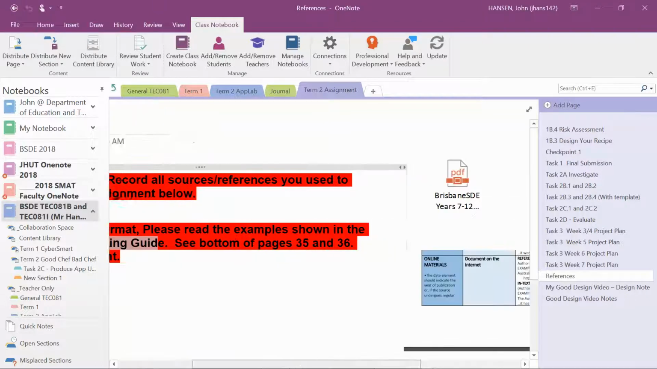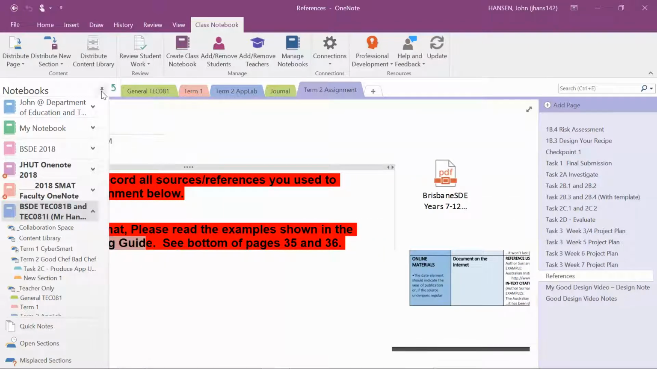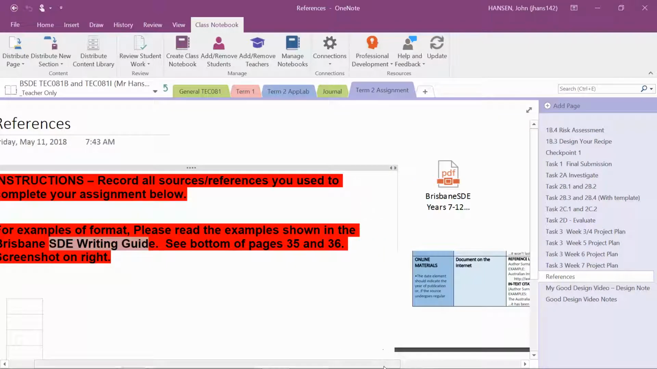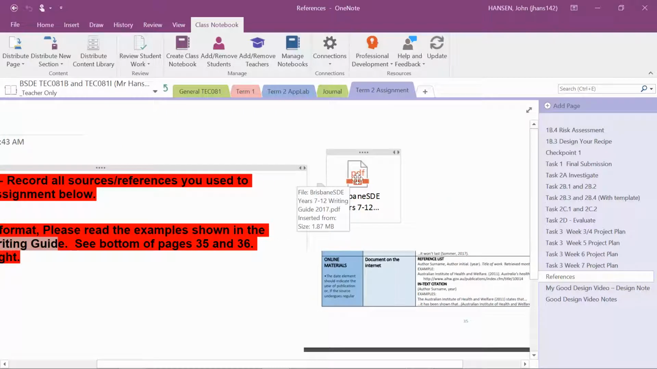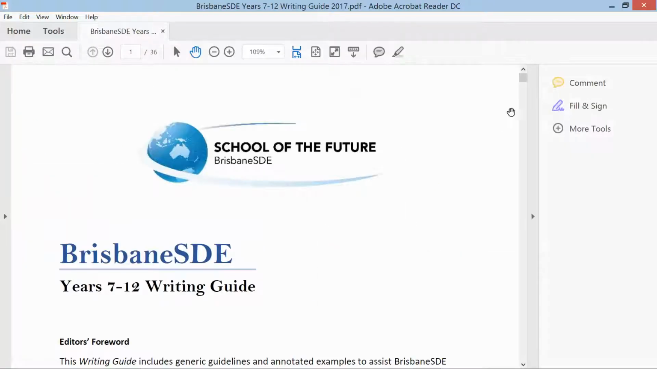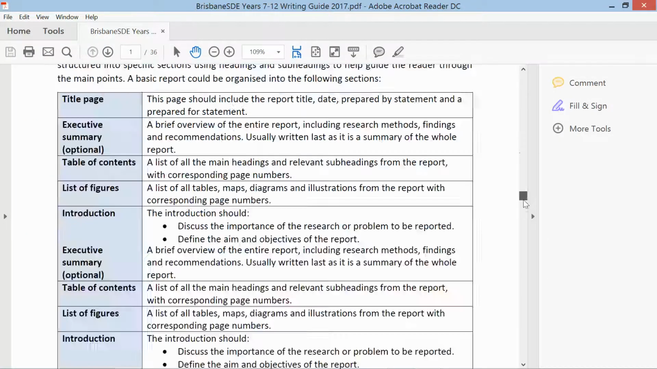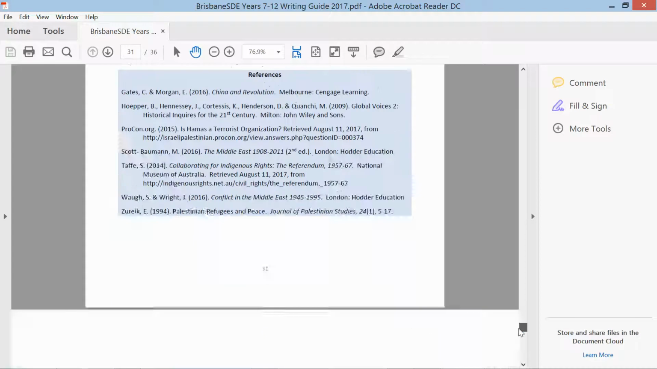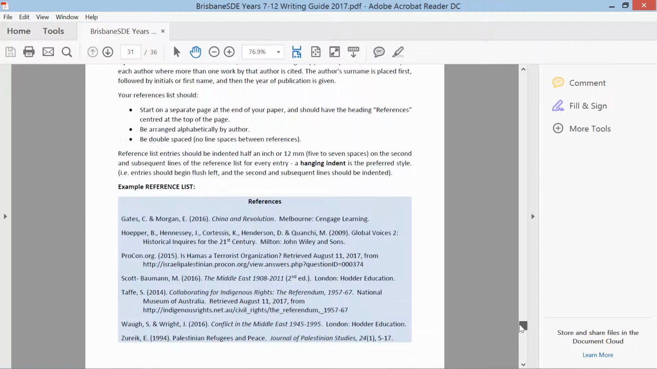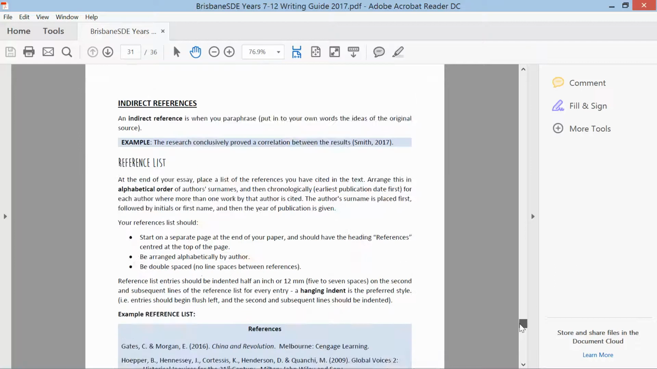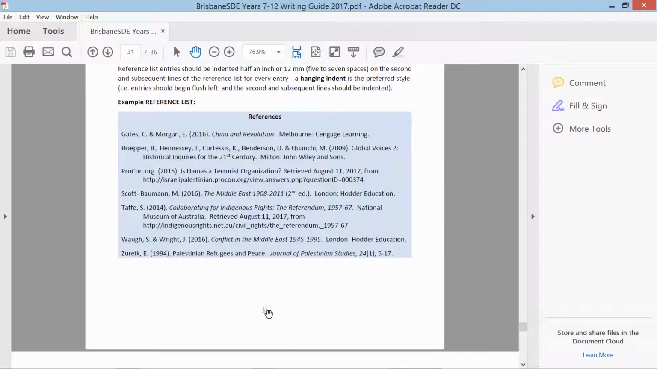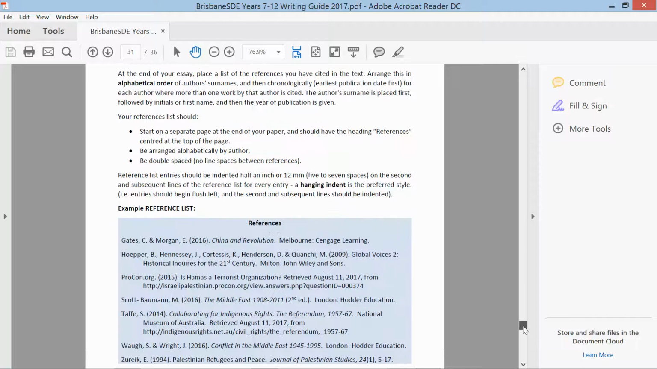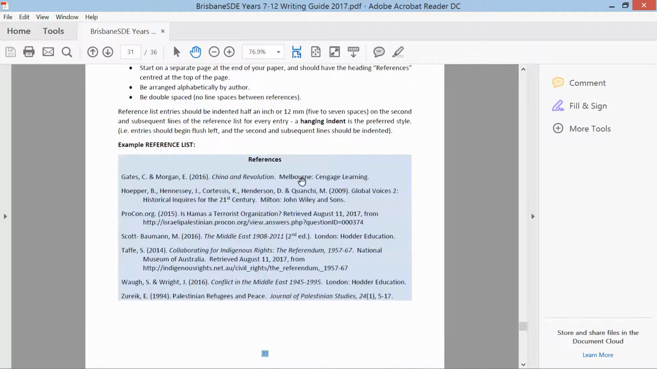Now over here I've actually cut and pasted, I've actually inserted the writing guide. So let's have a look. The references is towards the end of the document. Now this is an example of a reference list. This is on page 31. So you open it up and go to page 31, and what you'll see for a reference list,